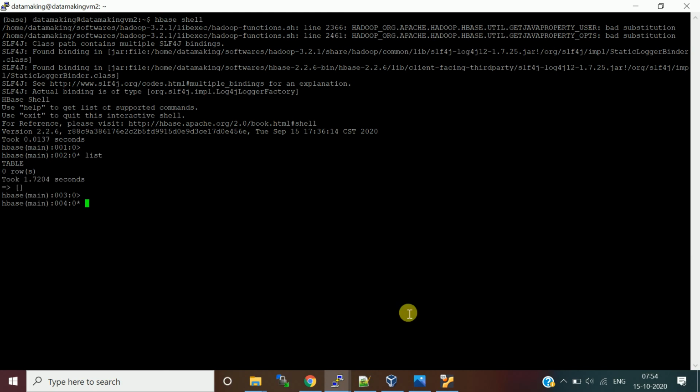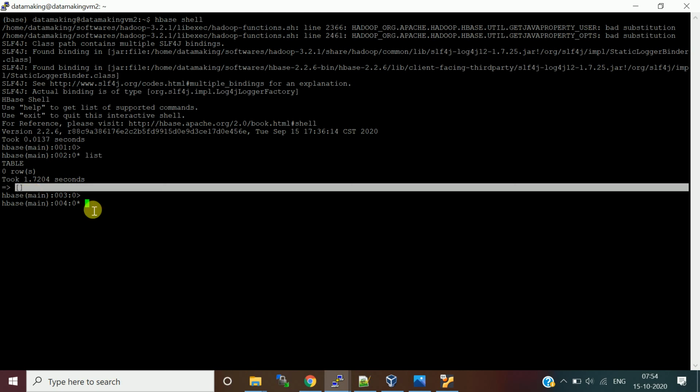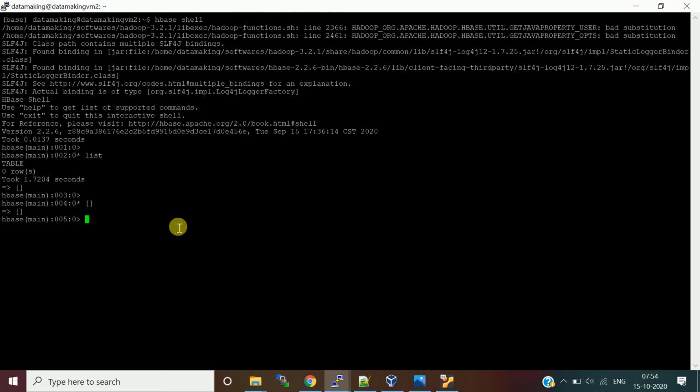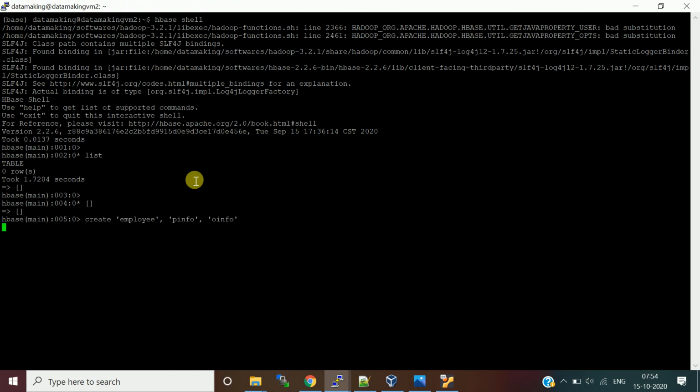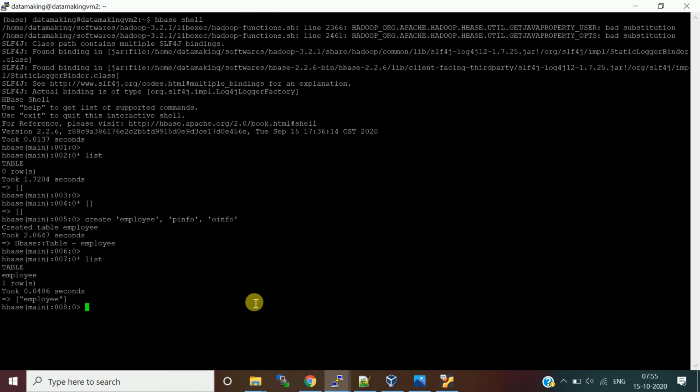There's no table available as of now. In this square bracket, the table name will come. So let me run our create table command. I'll just say create table. It is created. So HBase table employee is created. Just type list.